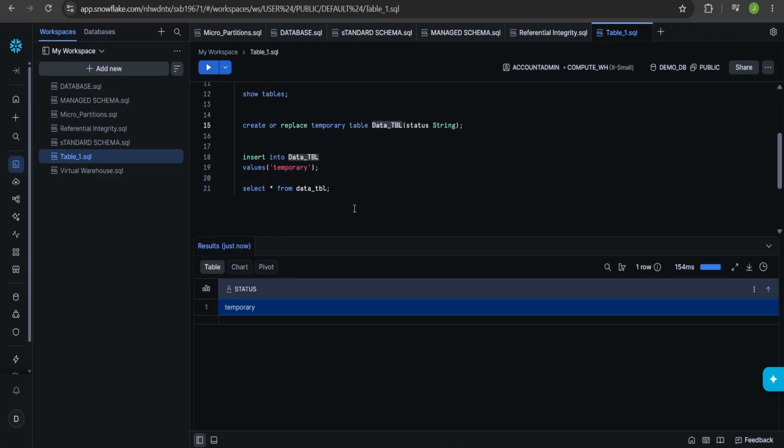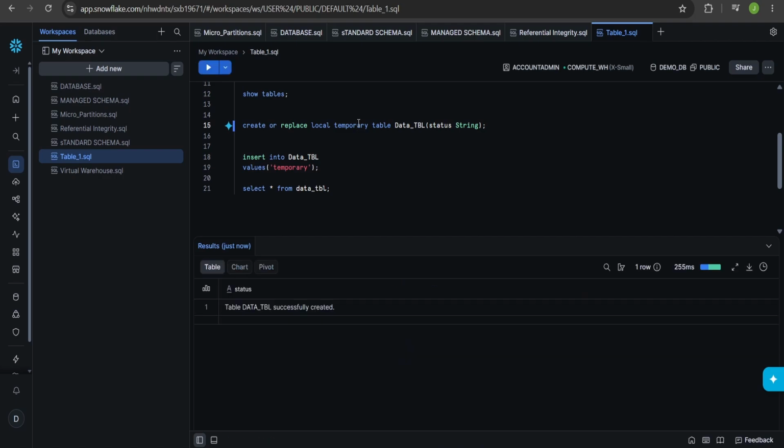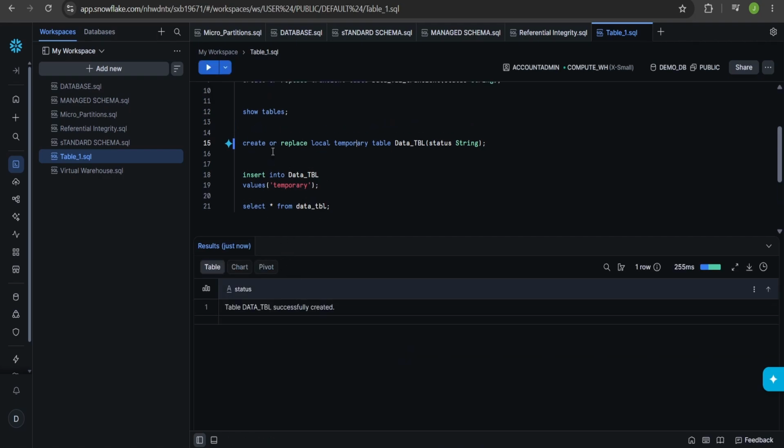Makes sense? Very good. Now, if you are coming from a SQL Server or Postgres background, you also work with local and global tables, right? So here, if you want to define local and global tables, you need to use temporary tables only. You can even mention the keyword here as well. If you say local, you can run this and it will work as expected. See, it ran successfully.